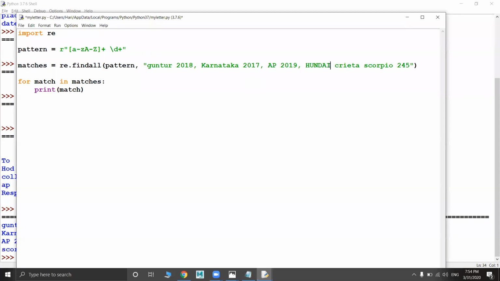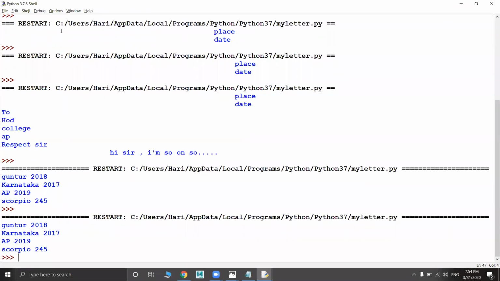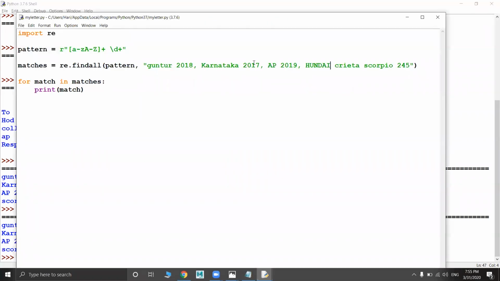Okay, you got the same output. Capital letters, or if you write everything in small letters also, it's fine. What pattern did we give? We are trying to retrieve something that should have some letters, then some space, and then some digits.